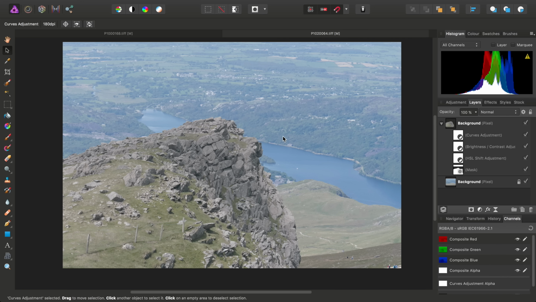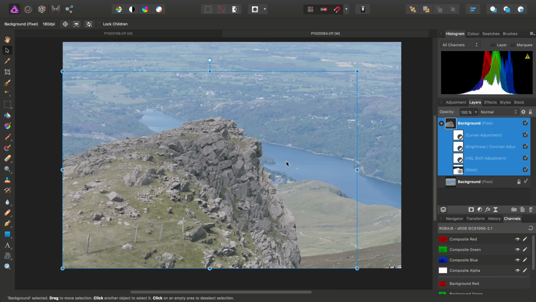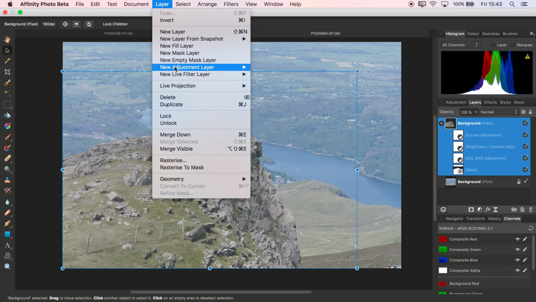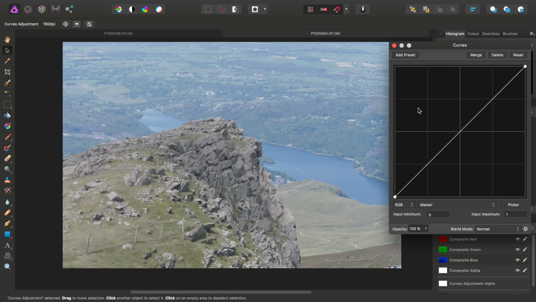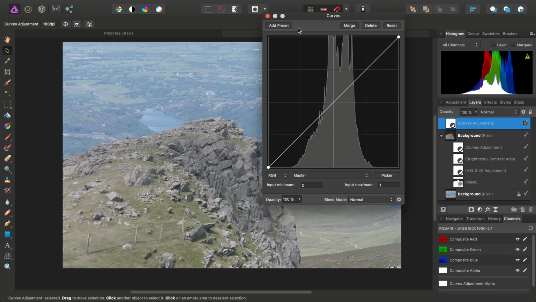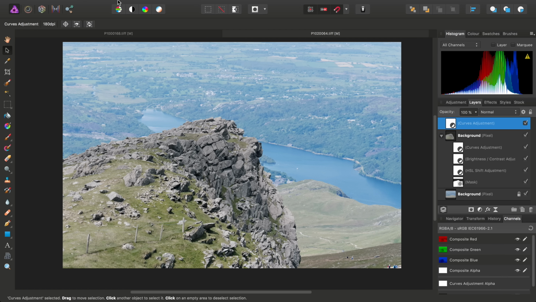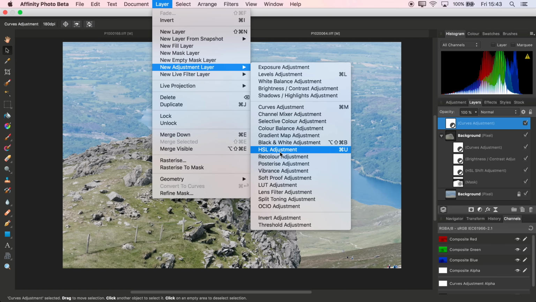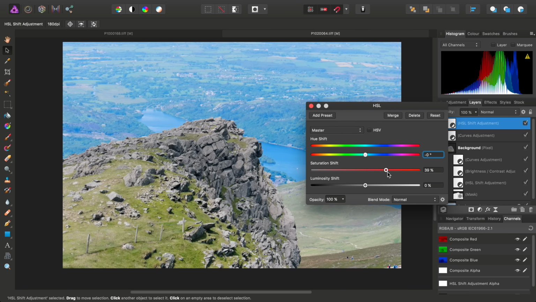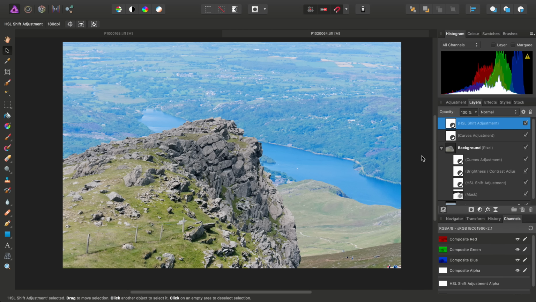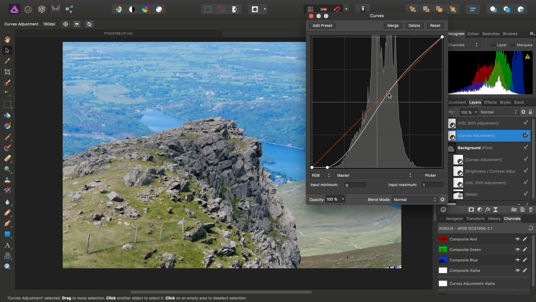So the idea behind this tonal matching is that you match one layer to the other, and then you do your final tonal adjustments on top of all those composite layers. So for example, now that I've matched this to this, I can say add a curves adjustment, and on top of that I might also add an HSL adjustment, just to bring a bit of colour and life back into the image. And then of course I might go back in and tweak the curves